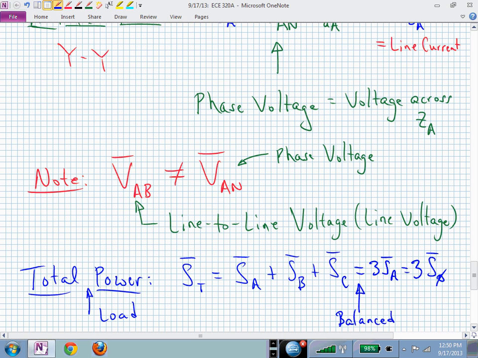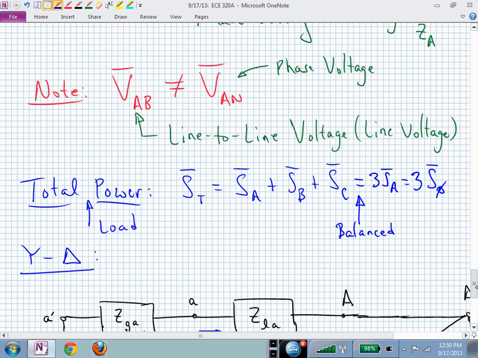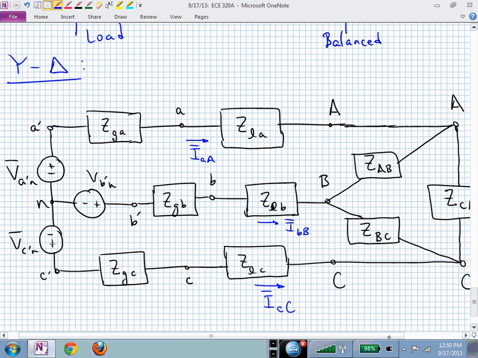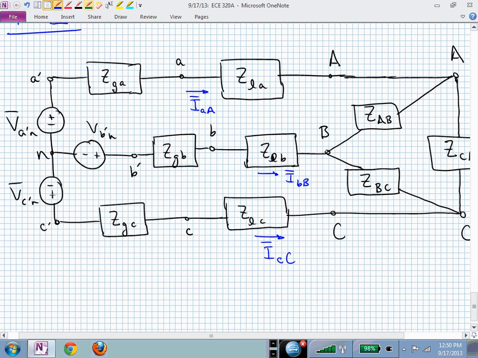That's the Y configuration. If we want to look at the Y-Delta configuration, again, I cheated and had this already written down, but you can leave space in your notes. Now suppose that I want the A phase power in this delta connected load. This is now the A phase,